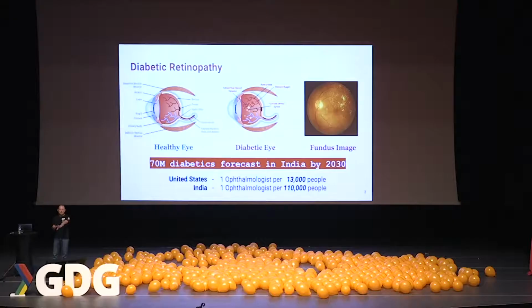So Google has been working in the healthcare space with leading researchers and has built a model that is able to look at these fundus images and diagnose whether people are likely to have diabetic retinopathy and suggest that they go see an actual ophthalmologist. So this is going to be life-changing for a lot of people who are not going to lose their sight. And this is one example of many of these classes of problems.